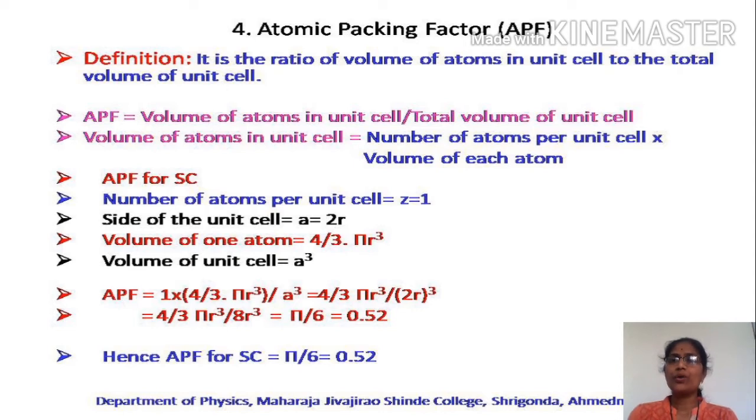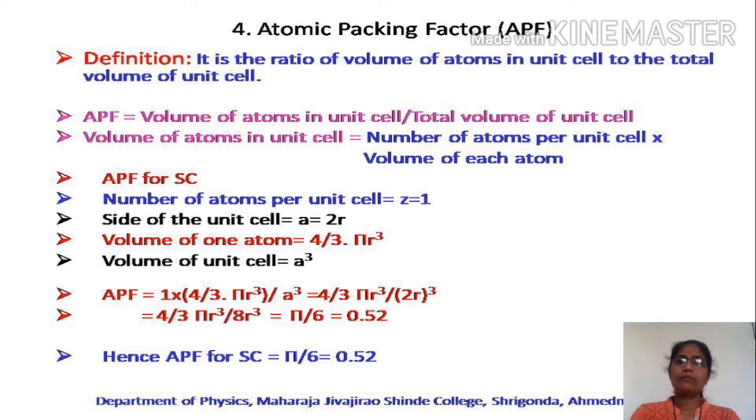Therefore, you have to calculate the packing factor of the unit cell and also, if possible, the void space present in it. If we consider 100% as the total space, then if we subtract the void space from it, you will get the packed space, and if you subtract the packed space, you will get the void space. Then let's know what is atomic packing factor.